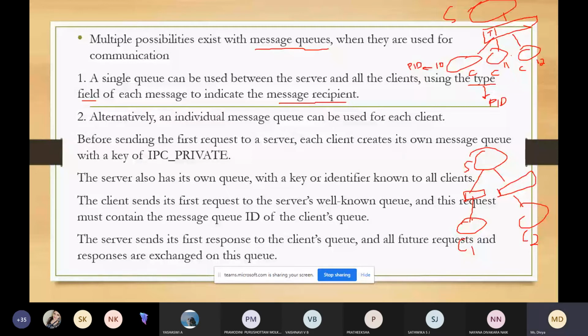The problem in the case of shared memory is that only a single message can be in the shared memory segment at a time. Suppose you are using the shared memory technique, how many messages can there be? Only one message can be there in the shared memory segment at a time.